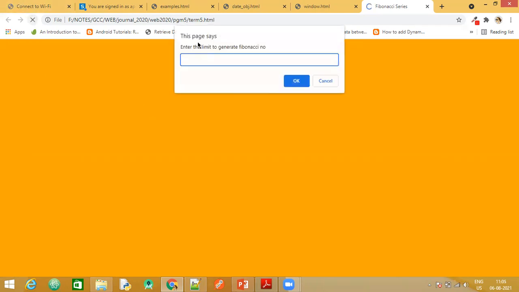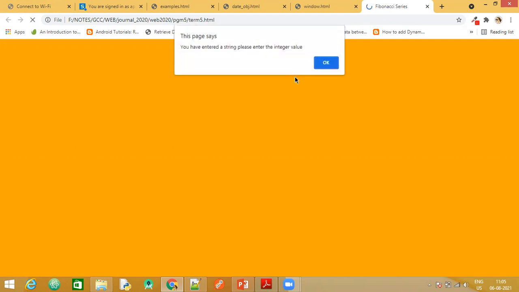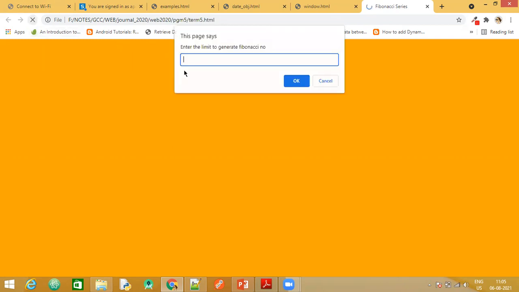Let me refresh again. Now let me enter a string. Again an alert window comes up which says you have entered a string. Now let me enter the digit 1.